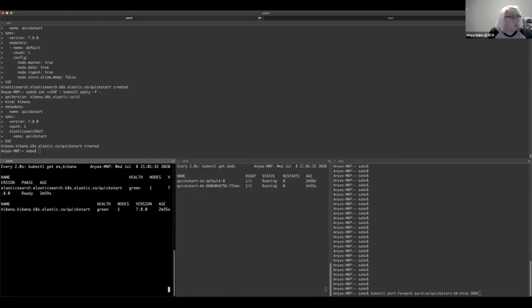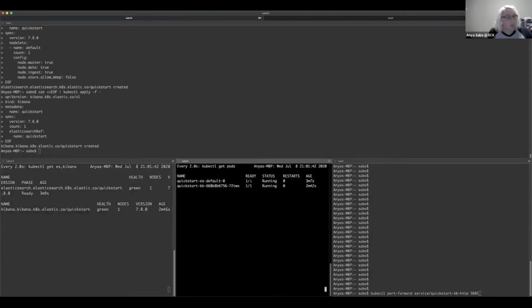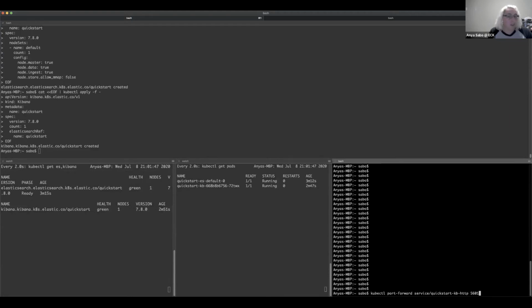So yeah, we can see on the bottom left-hand pane here, okay, cool. Elasticsearch is green, Kibana is green. If we look at the list of pods, we can see that all of them are ready and running. So it looks like everything's good here. All I'm going to do now, just for the sake of the demo, is open up a port forwarding connection so that my local machine can connect to Kibana running inside the cluster. You would normally go through some extra steps to do this, but for development or test purposes, this is how you would normally do it. So we'll start that, and then from there, we'll switch to Kibana.